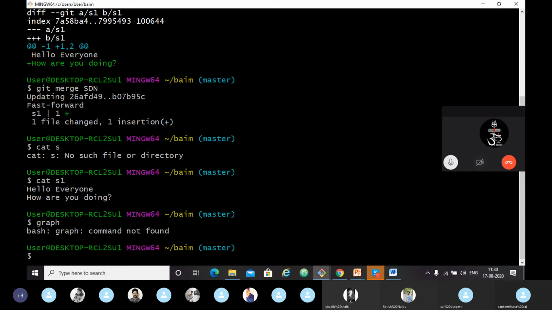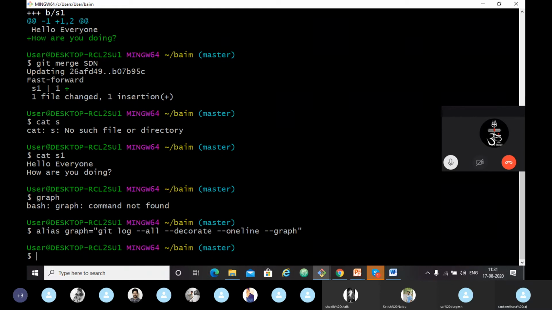Okay. We haven't done the alias command here, so I want to give that again. Alias graph. If you want to see the graph as a shortcut, I am aliasing it, meaning I am giving a name for this entire command.